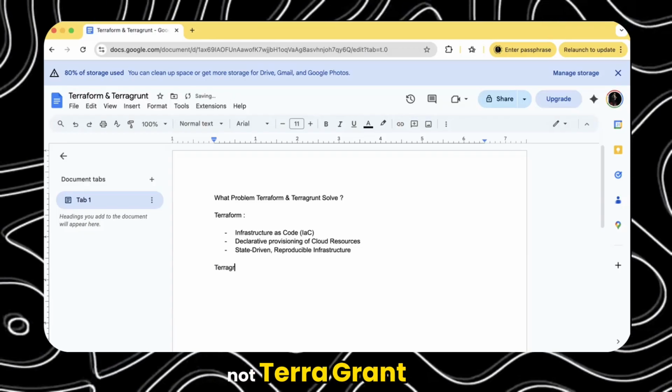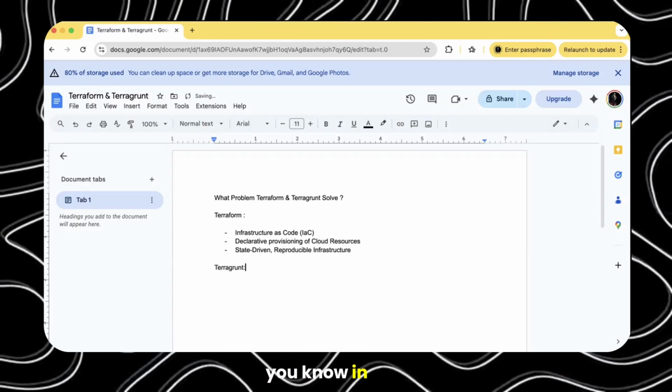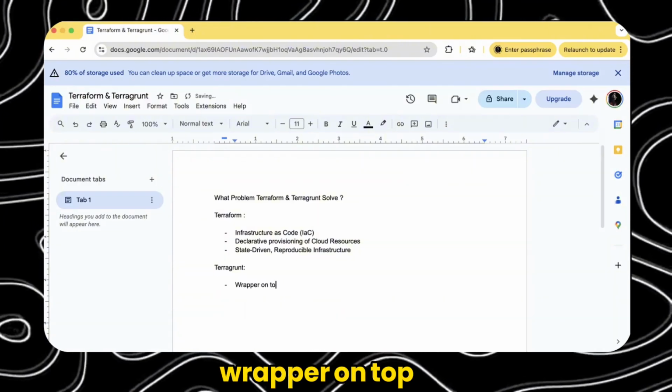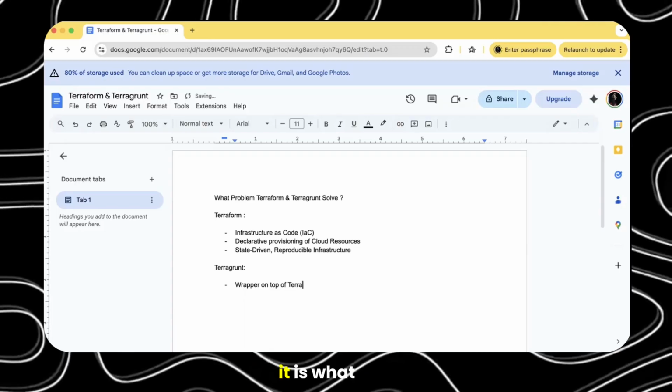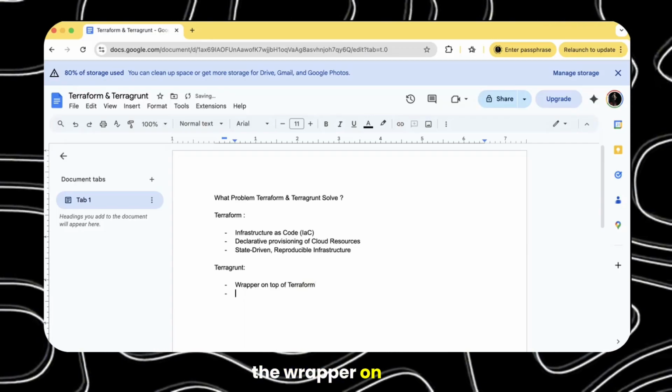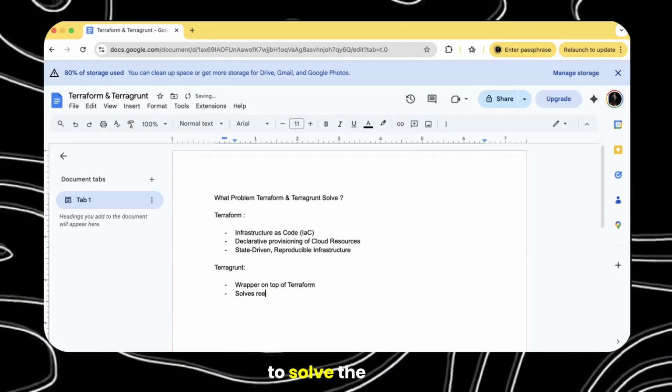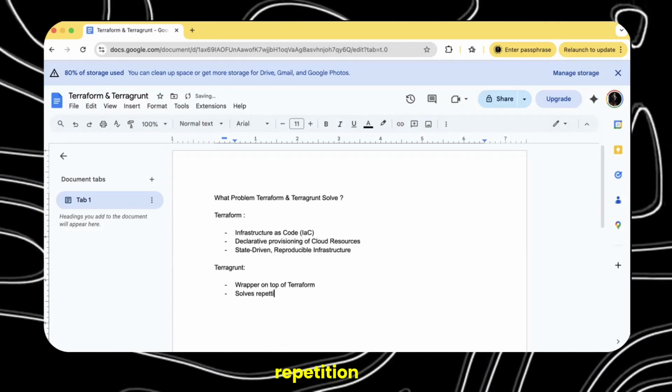Now Terragrunt, in a nutshell, is just a wrapper on top of Terraform. It is the wrapper on top of Terraform. It helps you to solve the repetition.